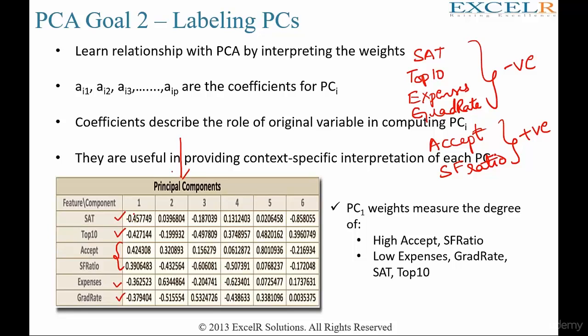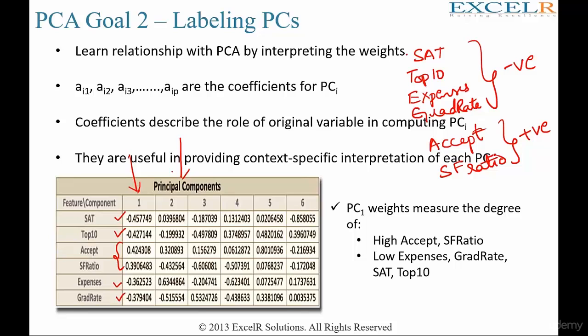So by looking at this new column, if we can come to know whether this column is positively or negatively contributing, then it probably makes sense. So here we have negative and here we have positive. What does that mean? The negative sign here gives you some idea